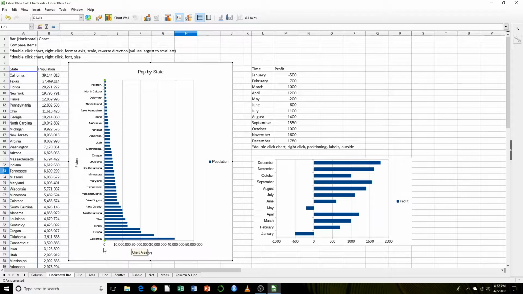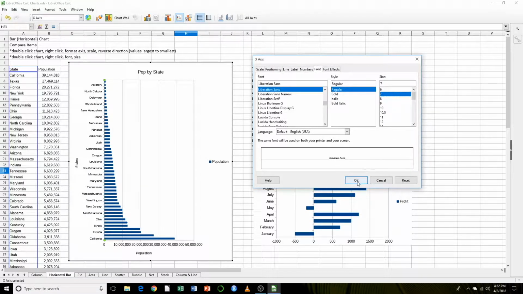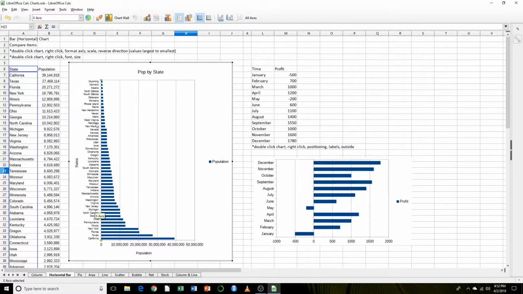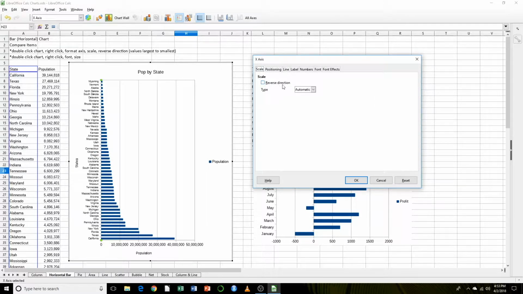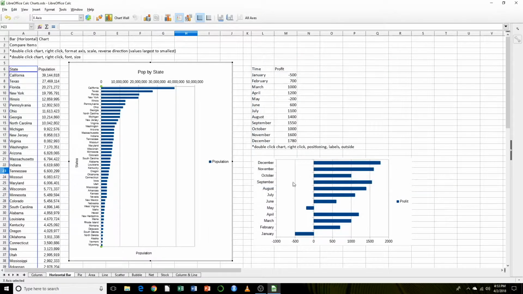Let's make this even bigger. Let's try one more time and change it to 7 and see if we can get all the states. So that looks better. Now we want to sort this from the largest states to the smallest, from the top to the bottom. So to do that, once again, make sure you have your chart selected, right click, go to Format Axis. We want to go to Scale and click this reverse direction. Now let's click OK. And now we have our horizontal bar chart with all of the states by the population,